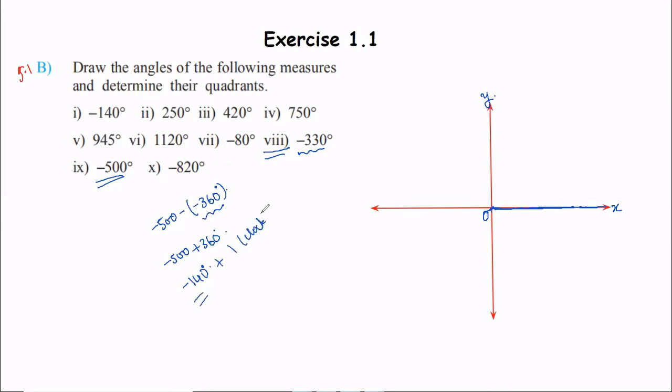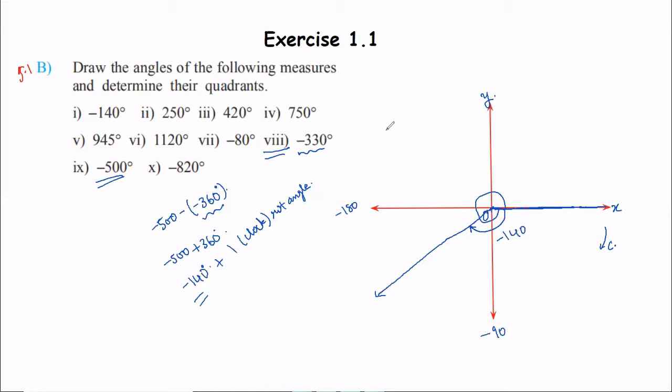Okay. So while rotating, you need to consider minus 140 plus one clockwise rotation. This will be a clockwise rotation angle. One rotational angle, but in the clockwise sense. So the rotation starts clockwise. Okay. So one rotation completed. After that, we are talking about minus 140. So it should lie between minus 90 and minus 180. When we consider clockwise, this will be minus 90 and this will be minus 180. So let it complete the rotation and it will lie somewhere over here.